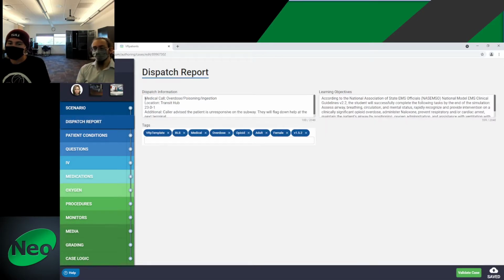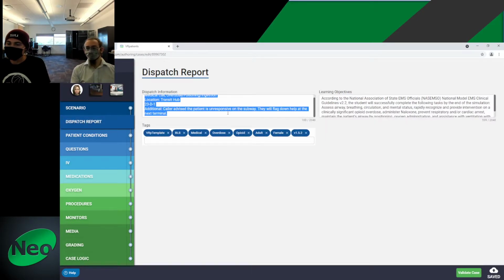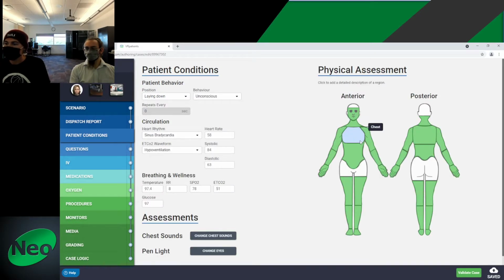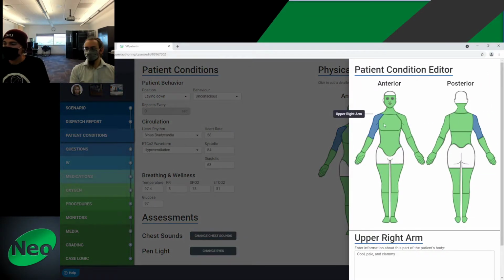So this is just like I said in the beginning, the information that's given to you right before you start. It has some learning objectives, which you want the students to take away from something like this. So here you can get into, when I showed the physical assessment, you can get into exactly selecting sections of the patient's body and then what that's going to read out to the